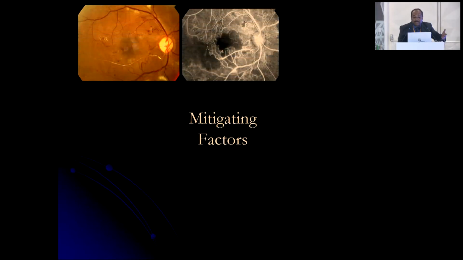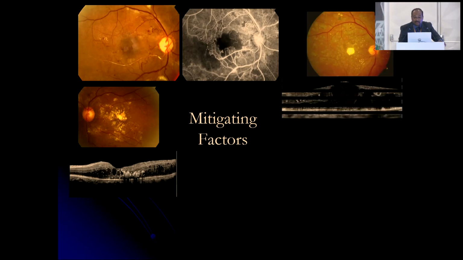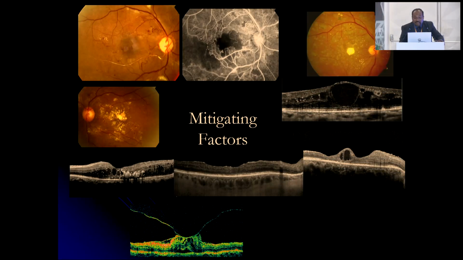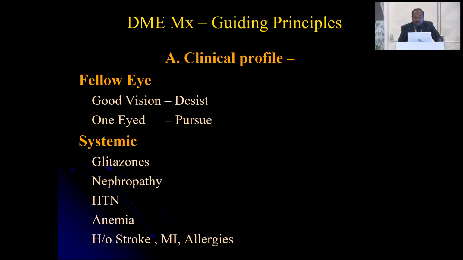So these are some of the mitigating factors: macular ischemia, subfoveal fibrosis, hard exudates in the macula, outer retinal tubulations, macular atrophy, and the surgical factors, vitreomacular traction and epiretinal membranes. Fellow eye: if there's good vision, you can desist from a very aggressive regimen, but if it's the only eye, you might have to chase. Systemic factors that aggravate macular edema, like glitazones, nephropathy, hypertension, anemia, need to be watched out for. History of stroke, myocardial infarction, allergies needs to be asked for because you might want to step away from